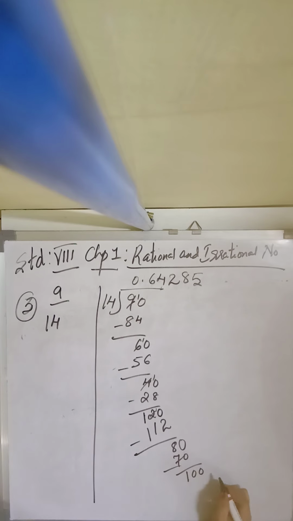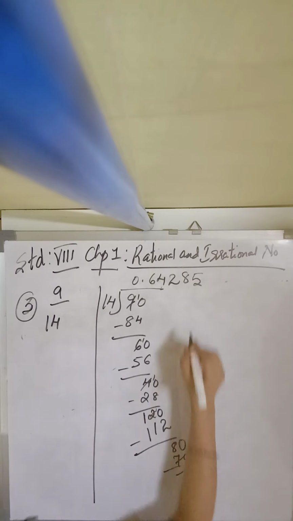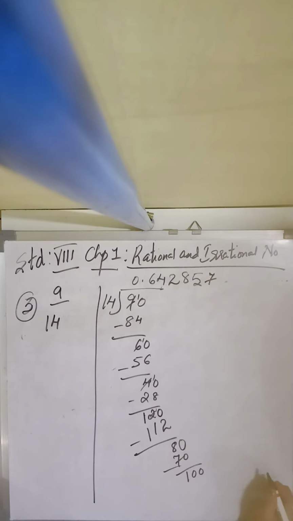Again 1 0 will be there, and then 14, your 14 7s, children. What will be 14 7s? 14 7s is 98. So it will be what, children? Again 9, and here it is 2. 10 minus 8 is 2, 0. Again it's coming 0. Okay, 20. So 14 ones are 14, and here you are getting 6.